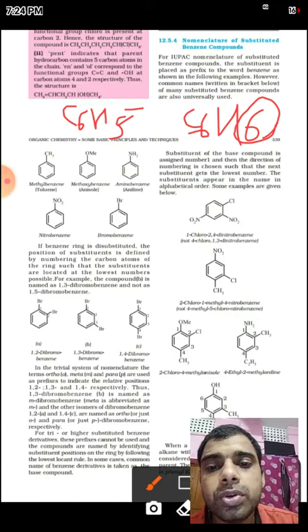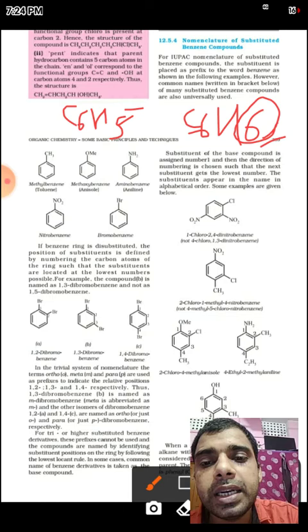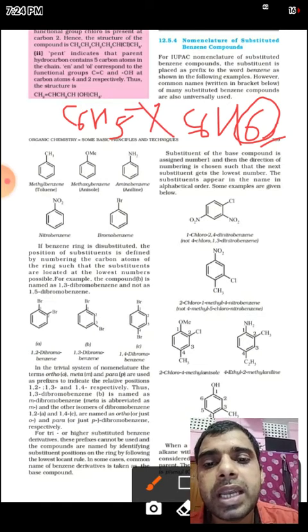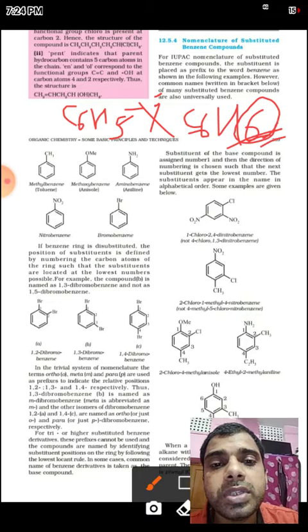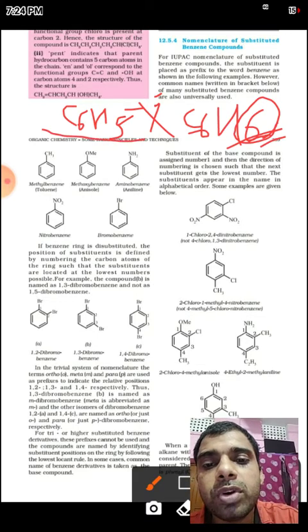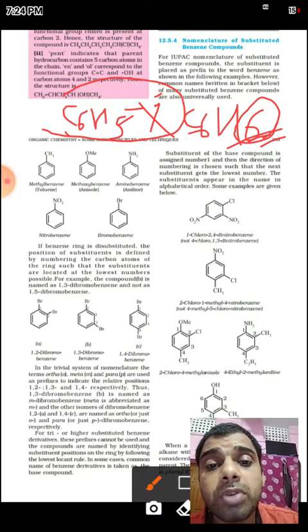Now, if I remove one of the hydrogens, then I can add something, some X, that means halide, some OH, some NH2, chlorine, anything we can attach after removing one of the hydrogens. So that can be called the substituted benzene compounds. Here I have taken benzene in the molecular formula,